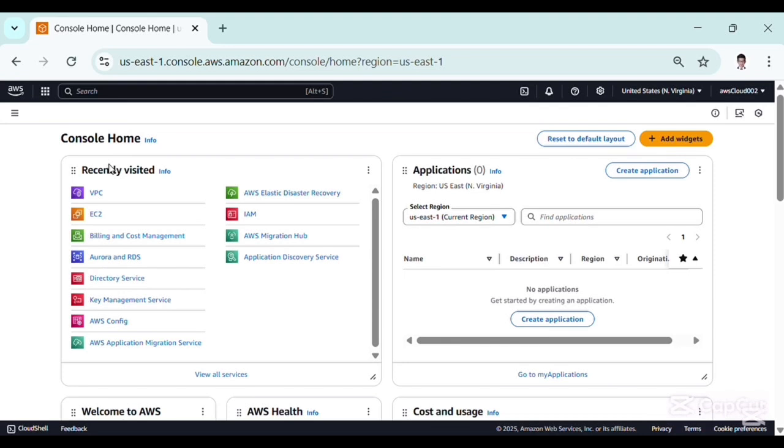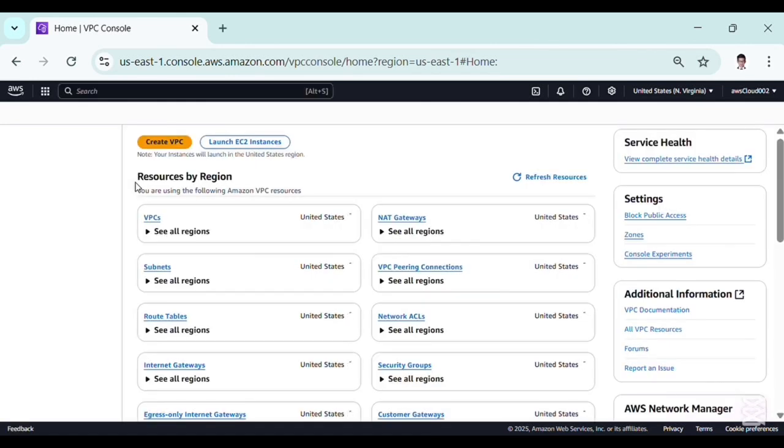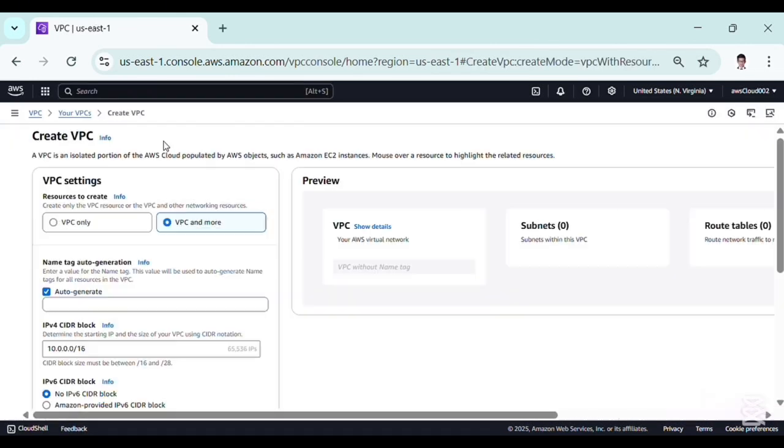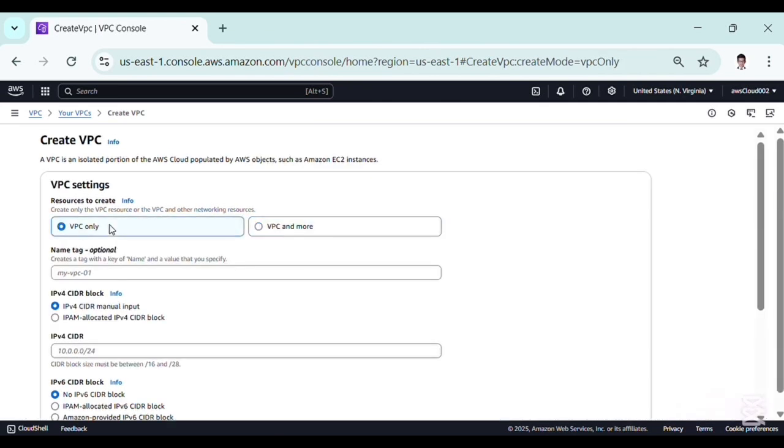Welcome to the AWS Management Console. Here we will set up our infrastructure from scratch. Let's begin by accessing the VPC service right here. We are heading to the VPC dashboard to create our virtual private cloud. This is where we define our network architecture. Right here, we will choose VPC only and give the name of our VPC. In this case, I will just give VPC Lab